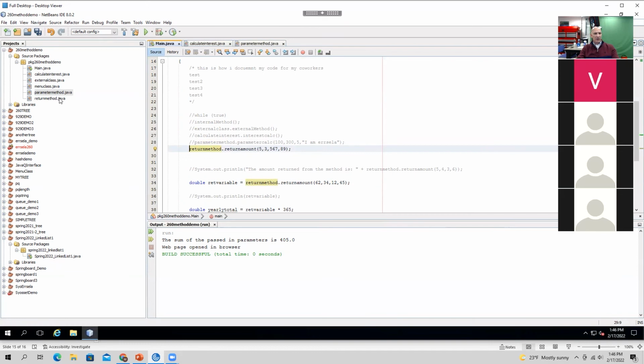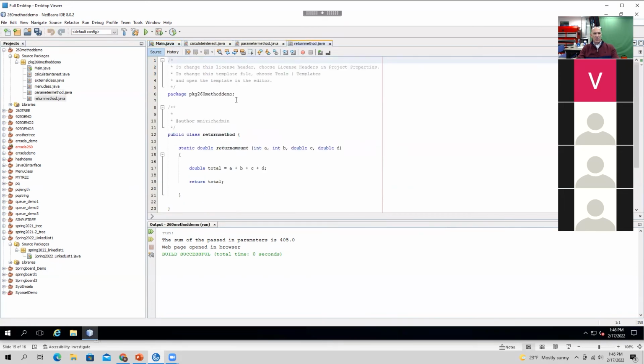And in the return method, what we're seeing is that now there's a method called return method inside the return method class, okay? And we're going to create a method, and we're looking for a double value called return amount. We named it return amount.